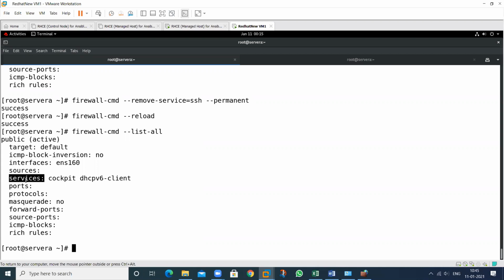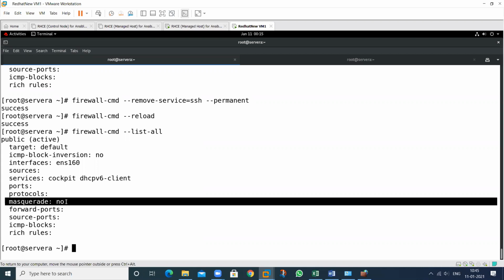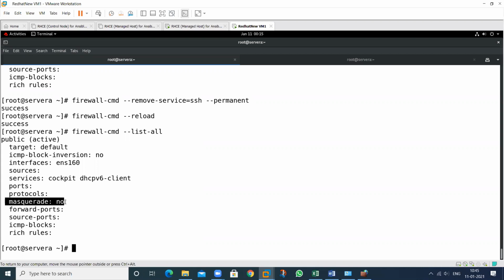we can also use the firewall to allow any service, any port, same for the protocol. If I want to enable masquerading, it means you know about the NAT functionality, NAT. Anyone about the NAT? This one. So this is known as masquerading in Linux.